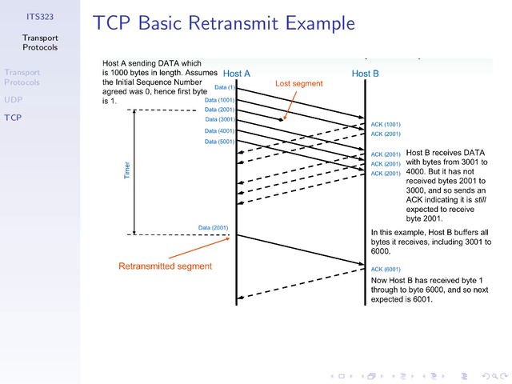B sent an ACK after the first segment. We received up to 1000, sent an ACK saying I now expect 1001. Before, or in the meantime, it receives the second segment and therefore sends an ACK for that second segment. So that's normal. From B's perspective, after sending this second ACK, ACK 2001,